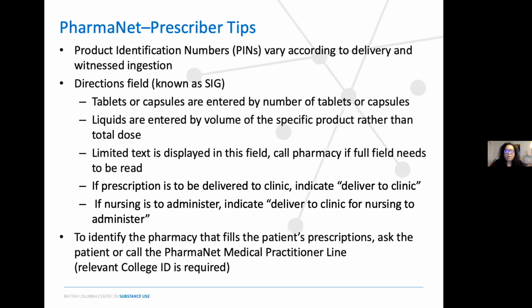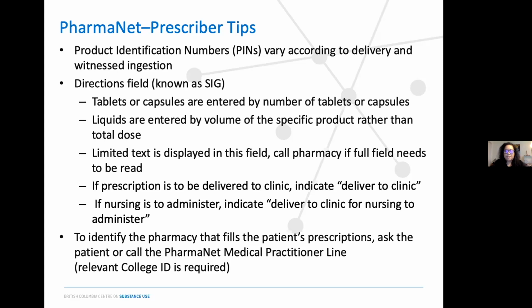If you're looking at it from the PharmaNet, trying to understand things, liquids are entered by volume. So methadone, for example, if it's 100 milligrams, it's entered as 10 mils. And then the text is displayed in the field, but sometimes it gets cut off. And if it does get cut off, you can go call the pharmacy to find out what the rest of